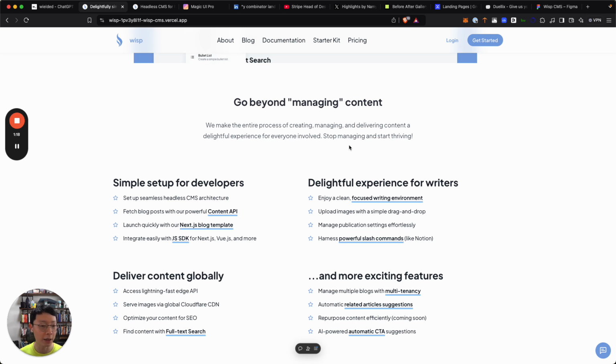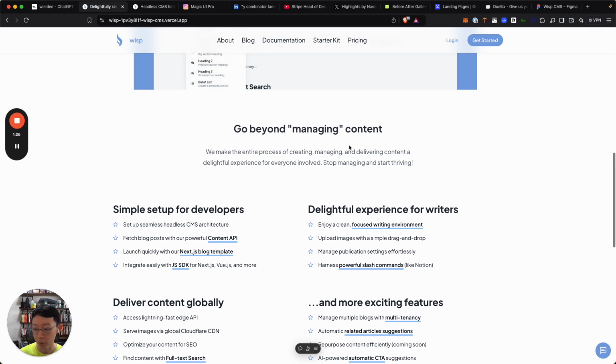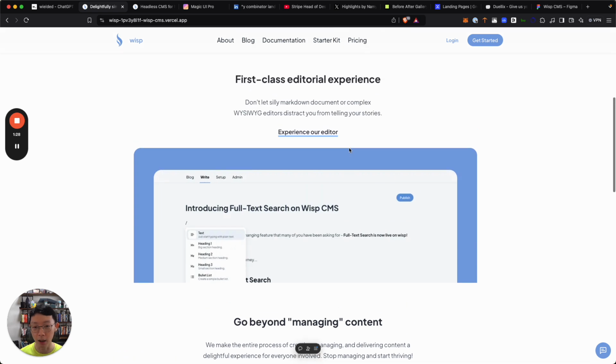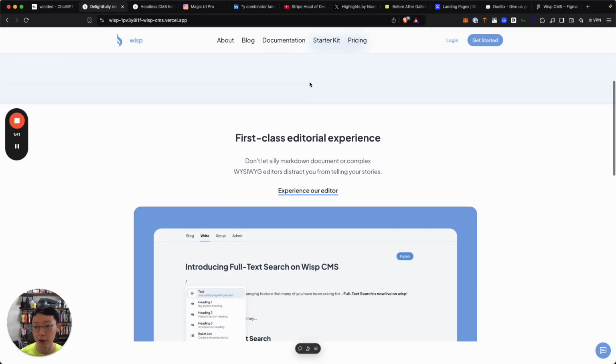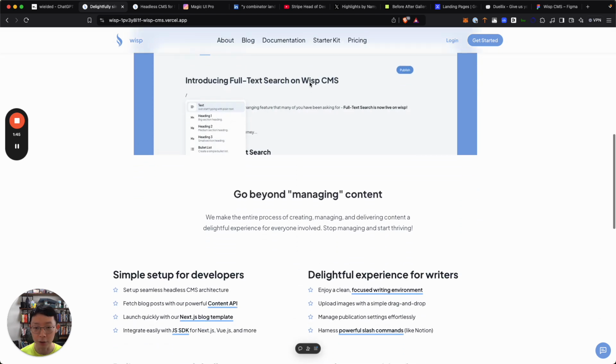And the initial idea behind this landing page was, oh, people know about headless CMS. They know to choose between different competitors, and what makes mine stand out is a first class editorial experience. But now with a lot of data from my website visitors, I can see that the lowest converting set of users is actually from the landing page, simply because they don't know what they are getting themselves into when they're